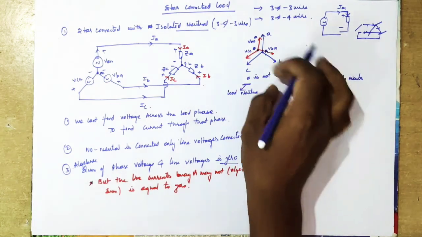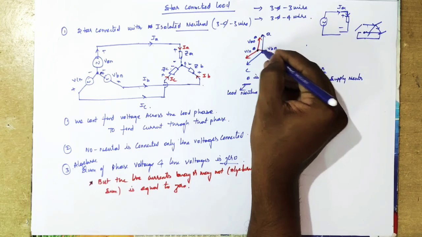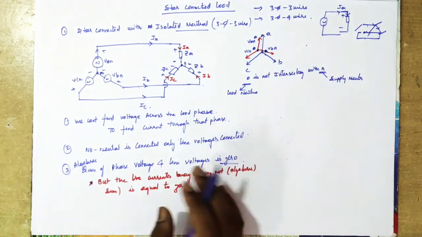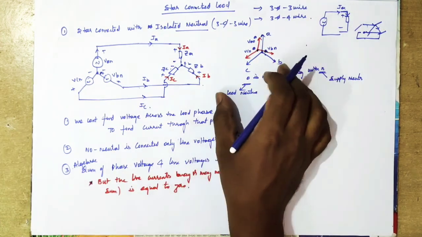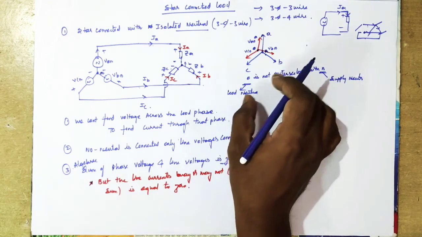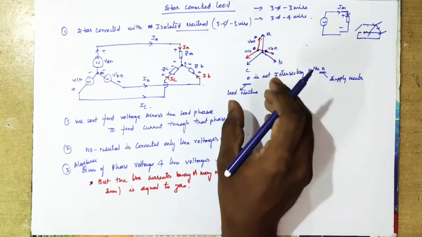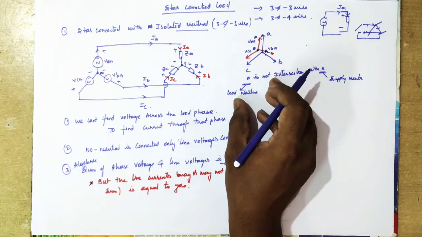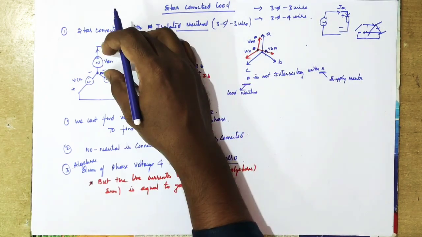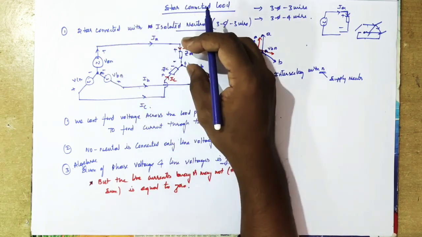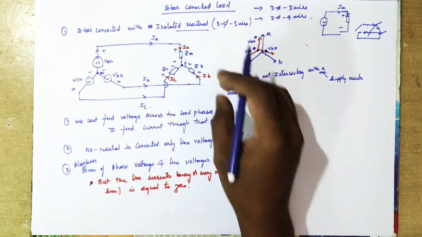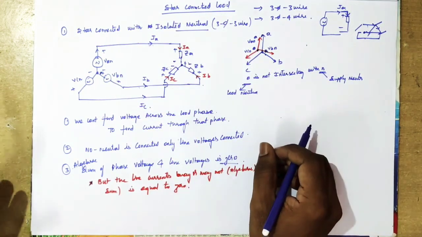So these two have a phase shift. They are not at zero potential difference, since they are not connected. So by having the phase shift, we observe, and this is the main point, that the phase voltage of the supply and the phase voltage of the loads have different magnitudes.